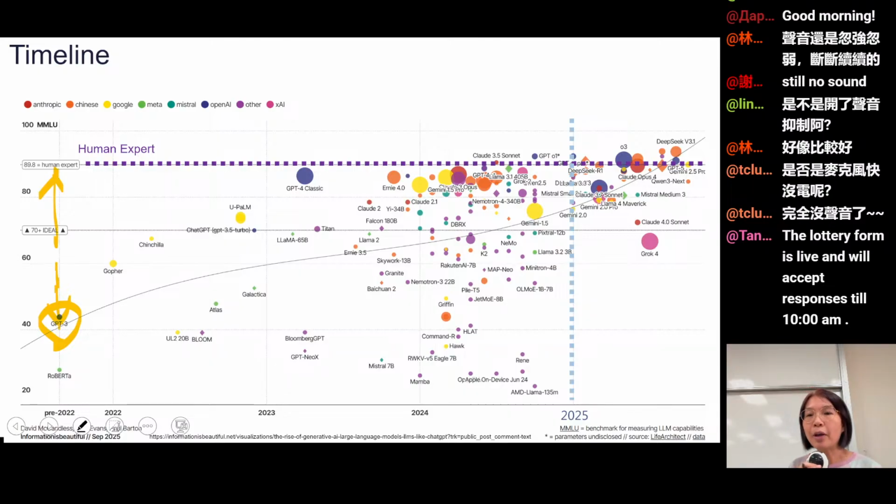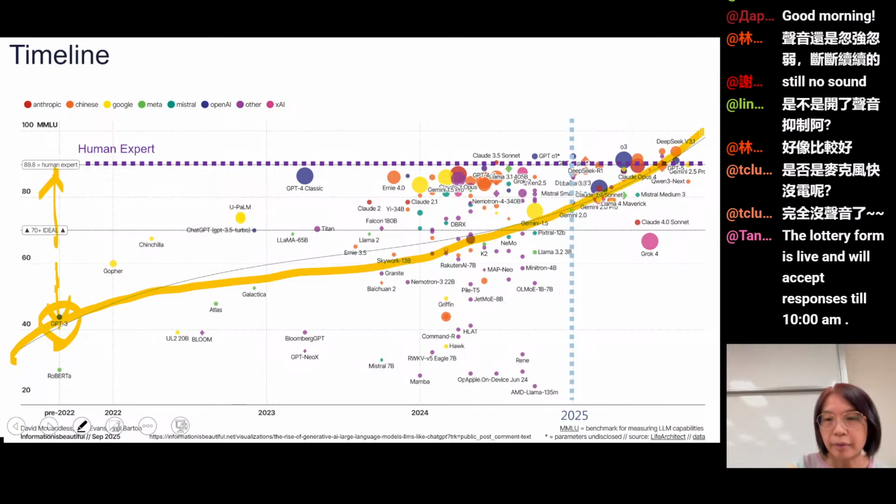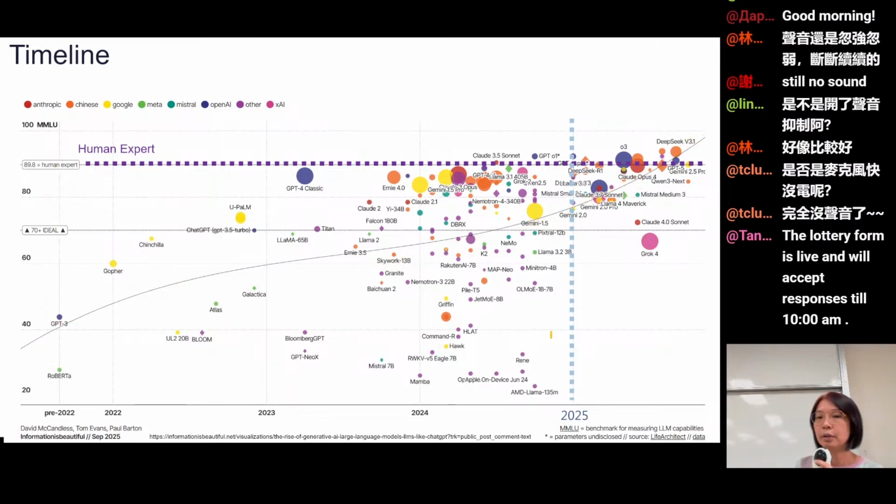But you actually can see the trend. That is a trend. Do you know what happened? The trend is that our language models can probably perform better than the human expert. That is why it actually scares a lot of people. But then, try to pay attention to this line,